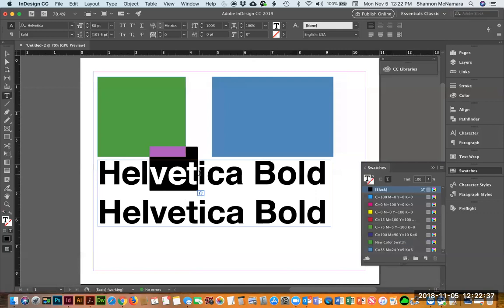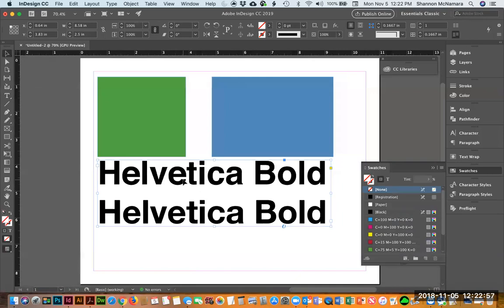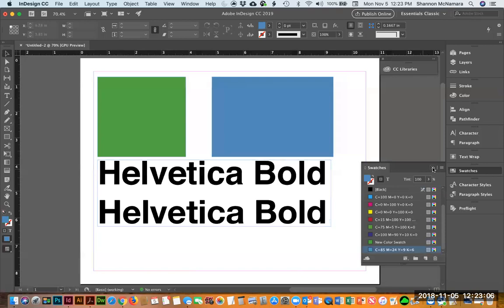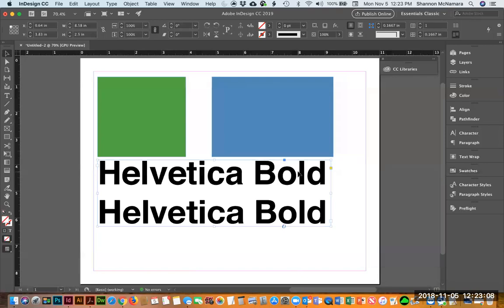Again, not that much of a difference to the naked eye, but it is enough that if I'm using it in body copy, it might shift something from one line to the next line, which can mess up my rag or can cause there to be overset text that might not print just because the person didn't load the correct font. So one way that I found to stop this from happening is I'll change my fonts to